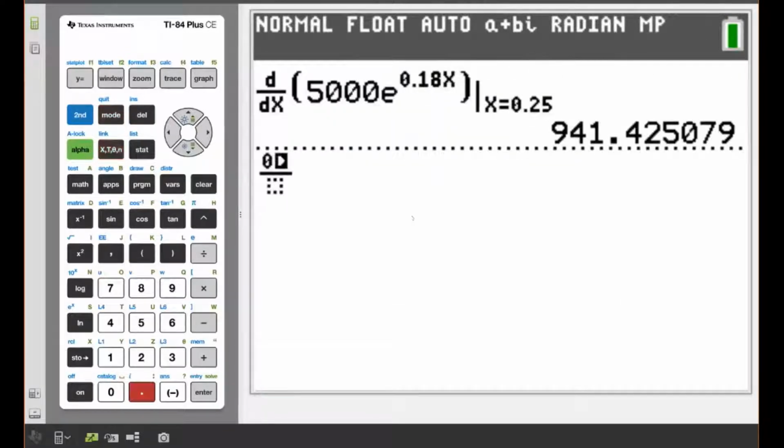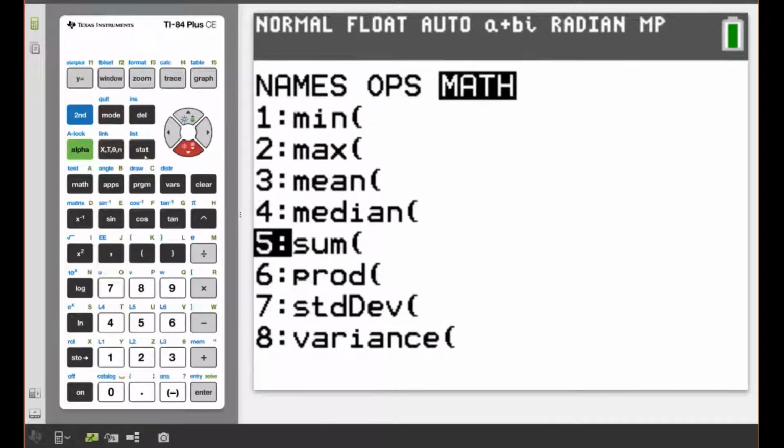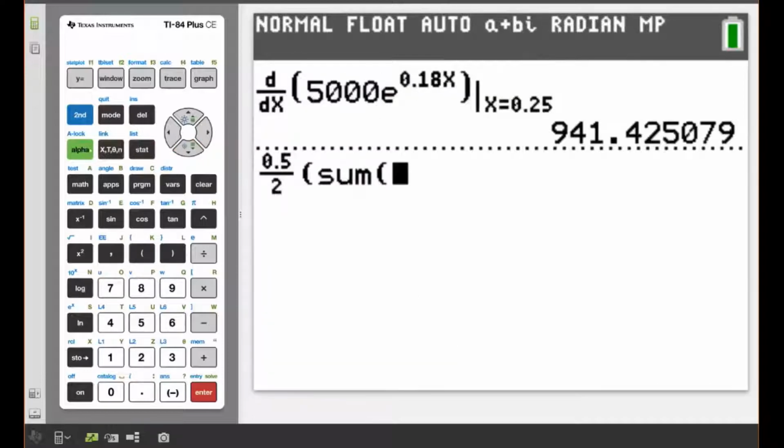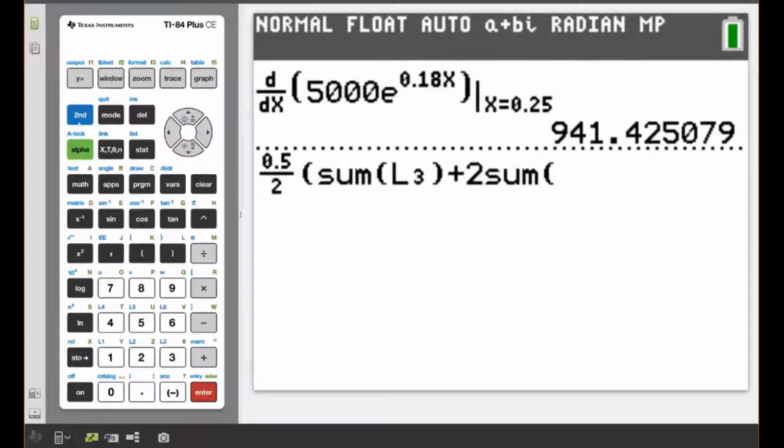So my delta x was 0.5 over 2. And then I'm going to look at the sum of. To get the sum, we go second list across to the math menu, sorry, and we go down to number 5, and that gives us the sum. So I'm looking at the sum of my list 3, remembering that that was the first and the last y value, plus I'm going to take 2 times the sum of that list 4,